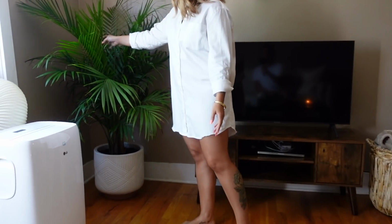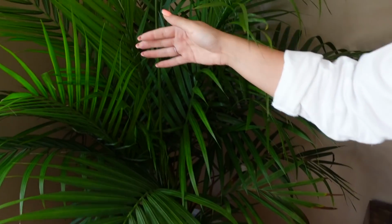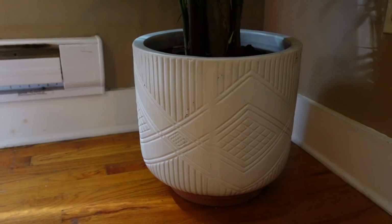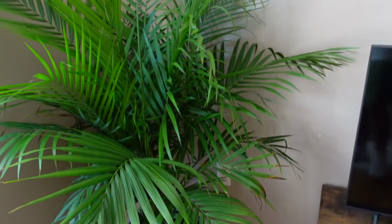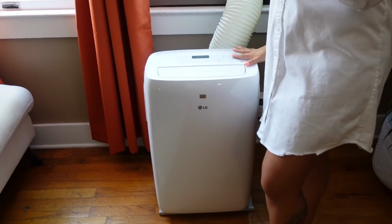She's got some fresh new branches opening up, so that's exciting. And then the pot that I have it in is from HomeGoods, and again, I love it because it's white, it's simple, but it has that cool texture to it, which I feel goes with the whole theme in this room. Then we have my air conditioner, which is not the most aesthetically pleasing, but it's very